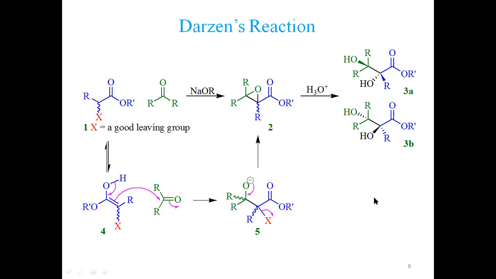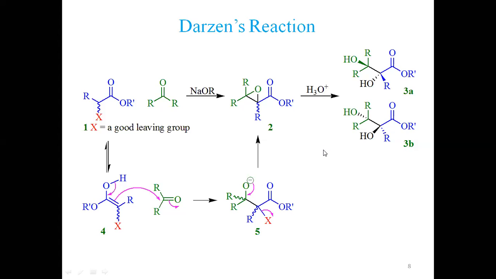These two structures have two hydroxyl groups pointing opposite to each other. So structures 3A and 3B are enantiomers of each other. This is the Darzens condensation, or Darzens reaction, in which we get alpha-beta dihydroxy esters, which is